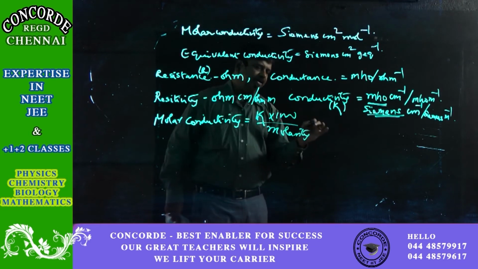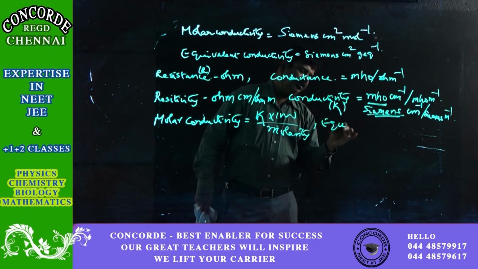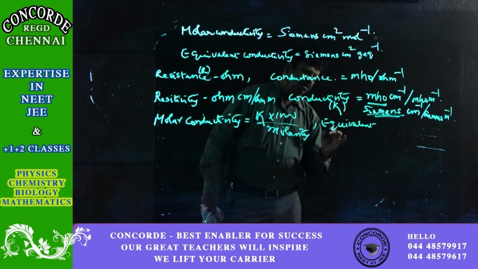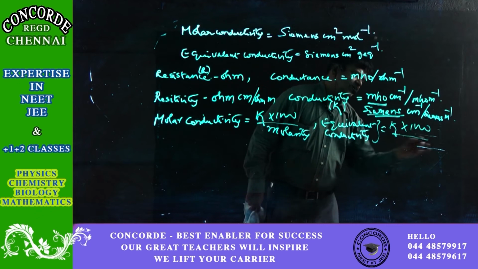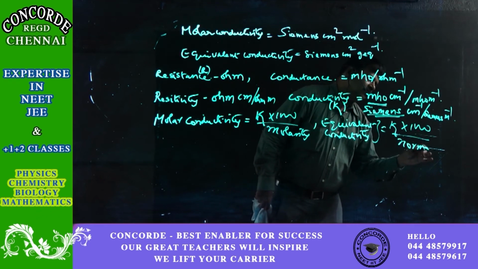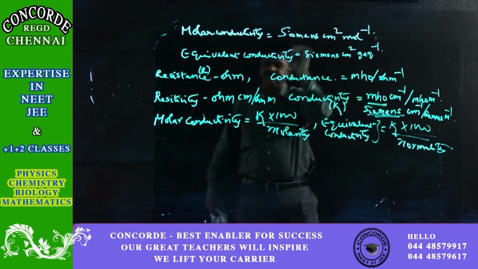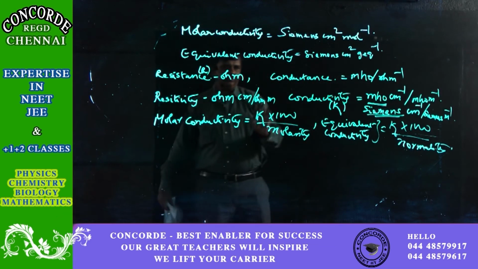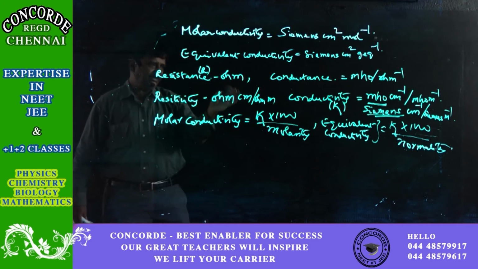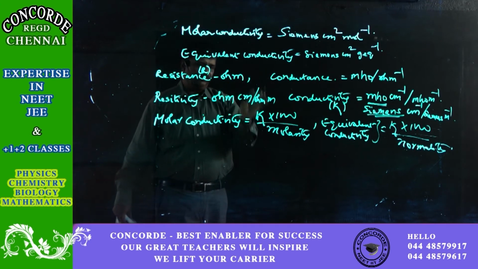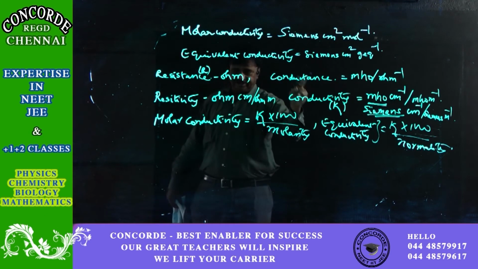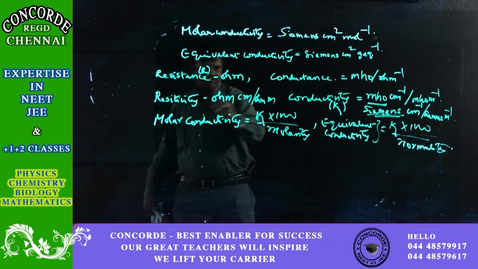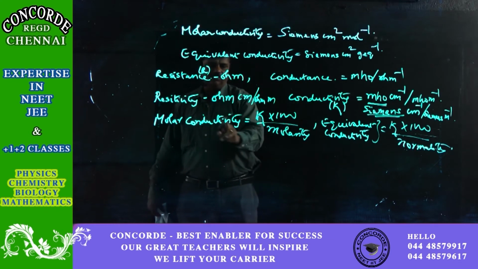And what is equivalent conductivity? Equivalent conductivity is kappa into 1000 by normality. And just now we have seen the units for this. I hope you are able to understand. Since these terms are all a little different and the units also are to be understood perfectly, I am repeating it once again. The opposite of resistance is conductance, the opposite of resistivity is conductivity, and then molar conductivity and